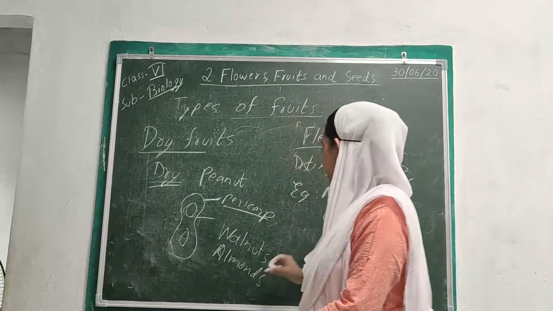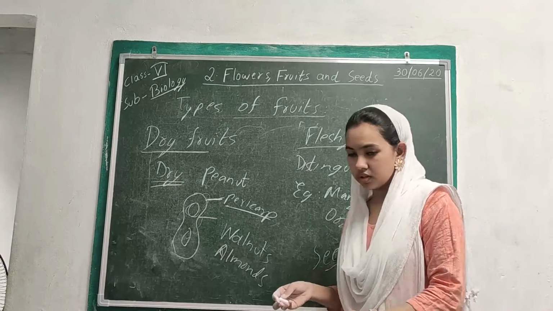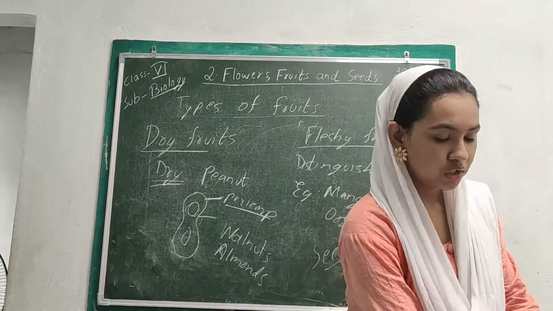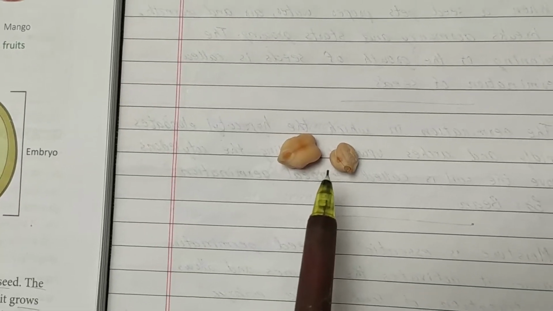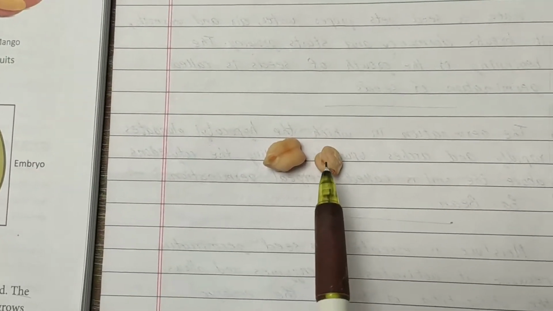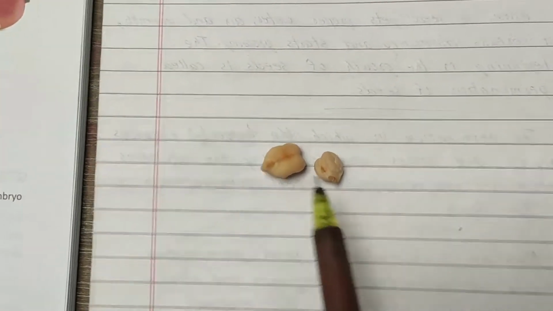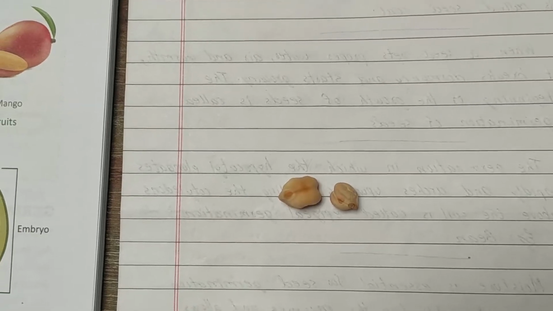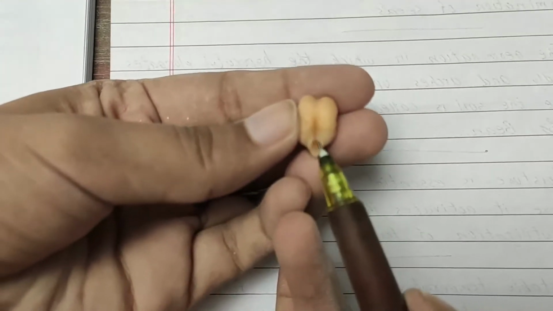We had also studied about the seed, so now we have to see its structure. For this I will show you a chickpea. Now see, we can see these are seeds. Okay, these are chickpeas, the ones that we call cholas. Now see, this is a dry one, and this one I have soaked overnight, so as a result it has swelled up.